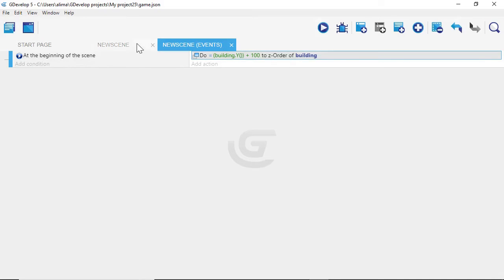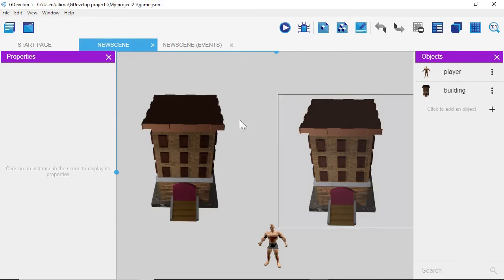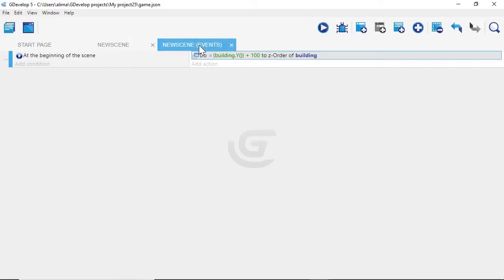Okay, when we look back, we have two buildings here. So we want to have our Z depth work for each of our buildings. So what I'm going to do is click here. It's important that when I clicked here, I didn't click on this gray. See how when I click the gray here, we have this blue outline around the gray. I clicked here, so the blue outline is here. This is important for setting up sub events and things like that. So with the blue line all along here, like you see it,